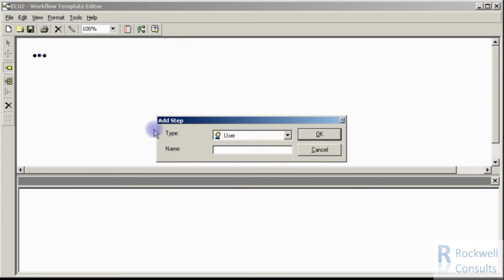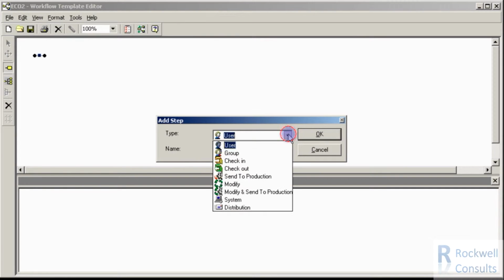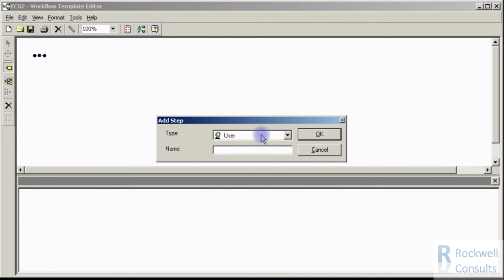So if we create a new task, we will have these different types: users, groups, check-in, check-out, send to production, modify and send to production. These two are not used anymore, they're legacy. We have a system and distribution, but the ones you're most concerned about for the most part will be your user and group tasks. So let's go ahead and create these by simply adding